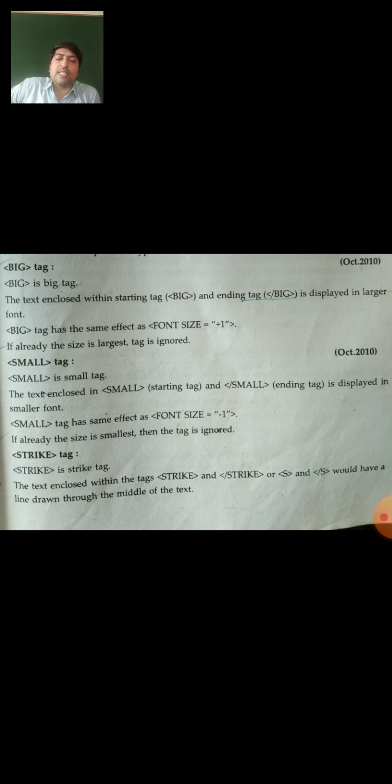If you want to cancel a specific word, sentence or paragraph from your web page, it will be displayed with the strike-through effect. Strike means cut, that type of sentence with the help of a horizontal line in between the characters at the middle of the sentences or the word.